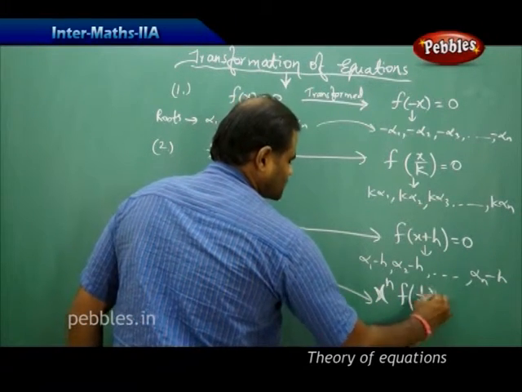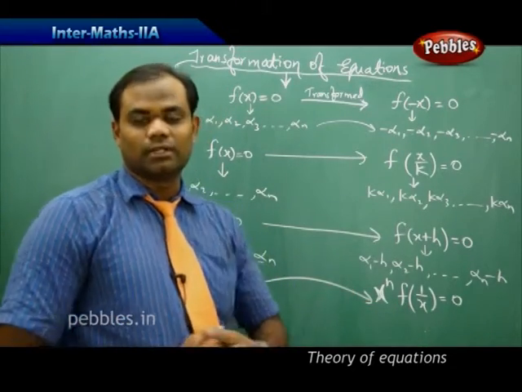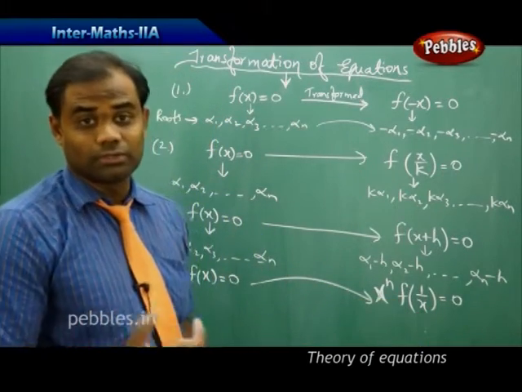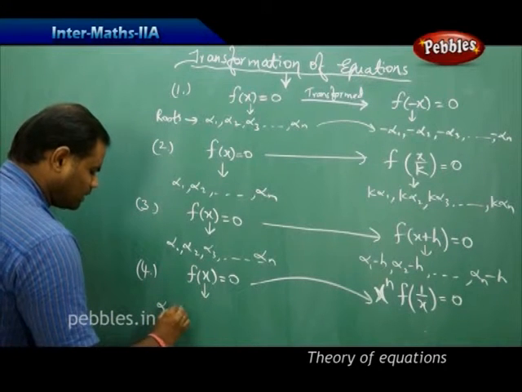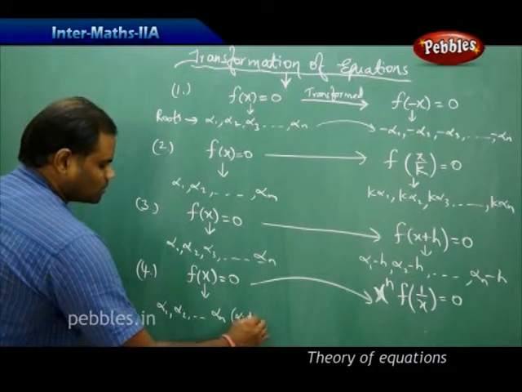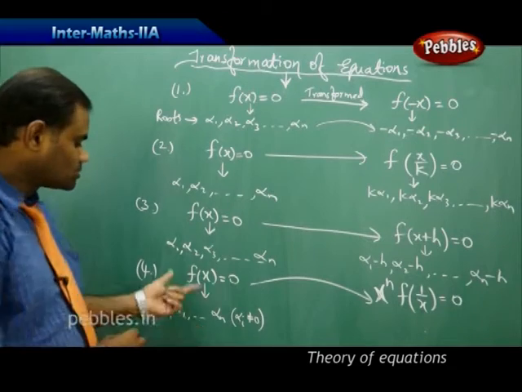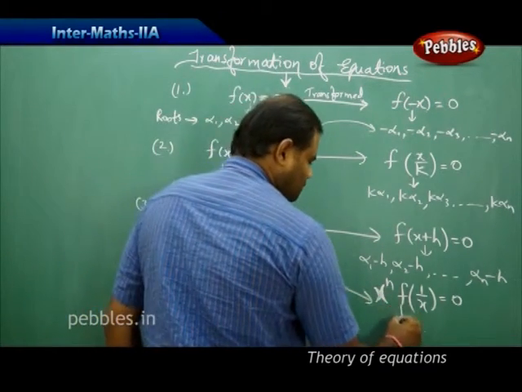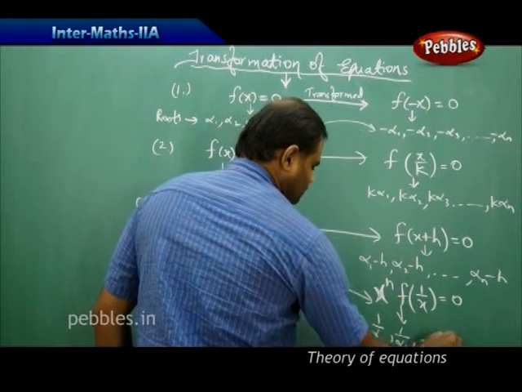equal to 0. Then in this kind of transformation, we assume that the roots are non-zero, because when I have 1 by x form, the roots may go to the denominator. So assuming that each of alpha 1, alpha 2 till alpha n, where alpha i is not equal to 0, that is each of the roots is non-zero, are the roots of the polynomial function f of x equal to 0, then the roots of this function are nothing but 1 by alpha 1, 1 by alpha 2 till 1